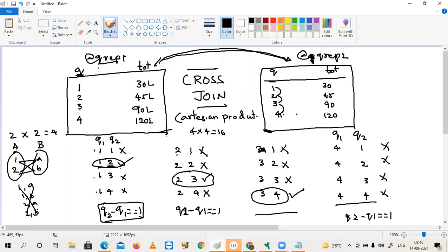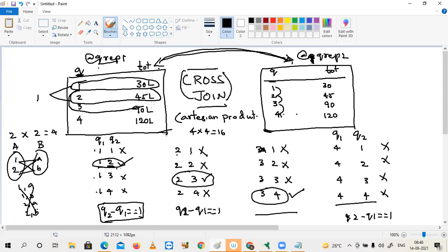applying self join, simply I am taking a copy of first set to second set, and finally I am applying cross join. Once this content is joined, what are the things joining here? This and this as set 1. These 2 things as set 2. These 3 things as set 3. These 3 rows will be available for us. Got it? Now, only for this operation, you tell me the statement.